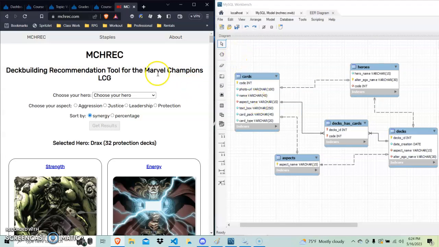So, the website I've decided to make my ERD for and maybe convert into SQL is MCHREC. It's a deck building recommendation tool for the Marvel Champions limited card game. Basically, how this works in this game, you play as Marvel heroes, in which you're able to choose aspects of what your hero is going to focus on this fight, and you can build various decks based off of